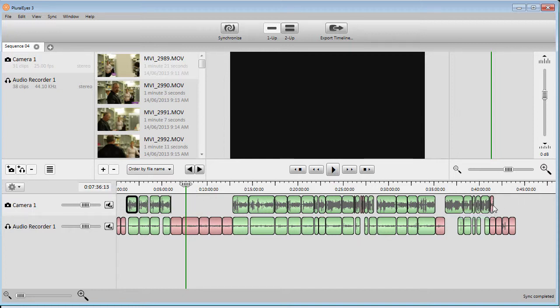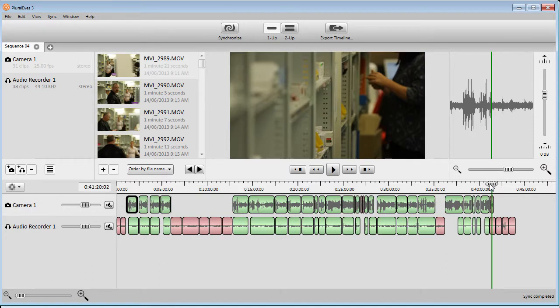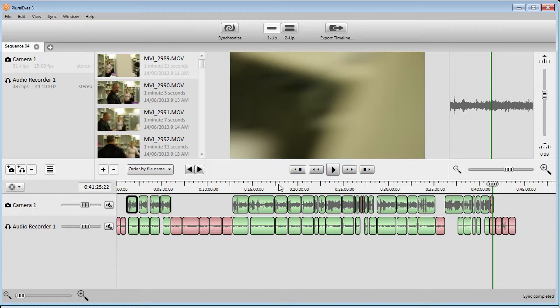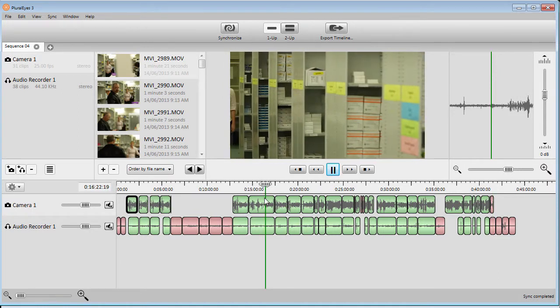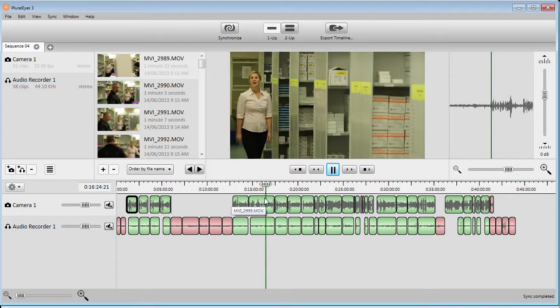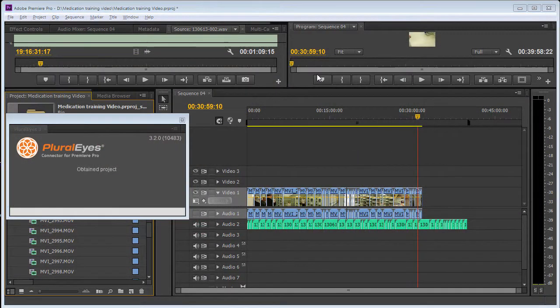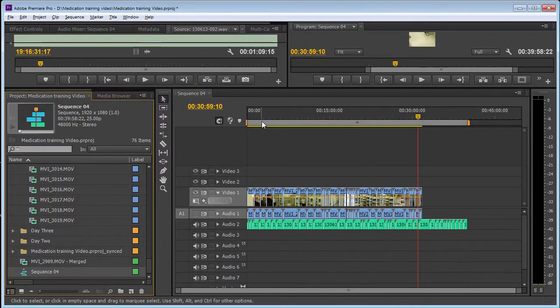Likewise with the red video clip here, it's probably a dud take where there was background noise and we just stopped the take immediately. It looks like a very short clip. Just to double check this, let's click on one at random. Now we're hearing both the camera and the recorded audio, but you can see that they're both in sync. So let's export that timeline, and this is taking us straight back using XML again, back into Premiere. So there's our original,